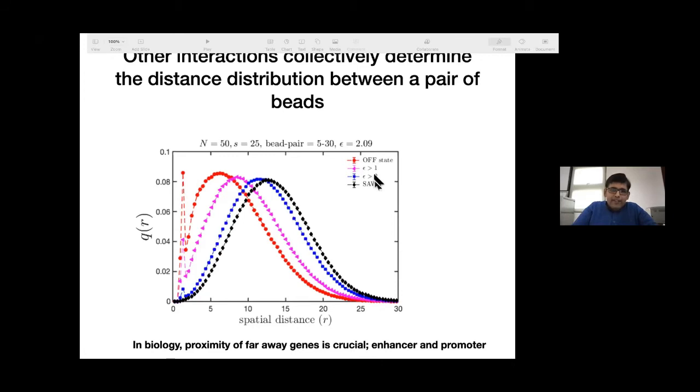And then you can ask, if I take only the very high interaction strengths above 2 kT, how would the distribution look? The distribution is different. And this is the self-avoiding walk, the other extreme. So these are predictions of our model, which suggest that for different epigenetic states, you would see different distributions, and that has some implications in chromatin biology, including when thinking about enhancer-promoter distance and so on.